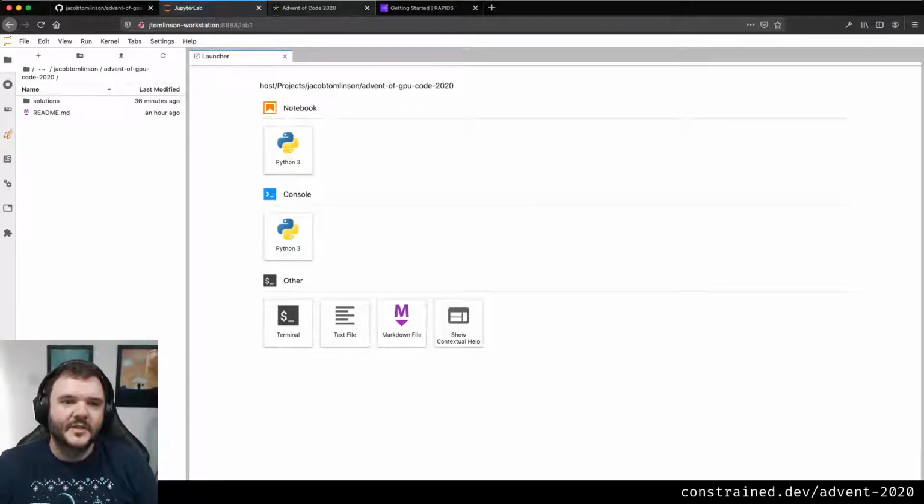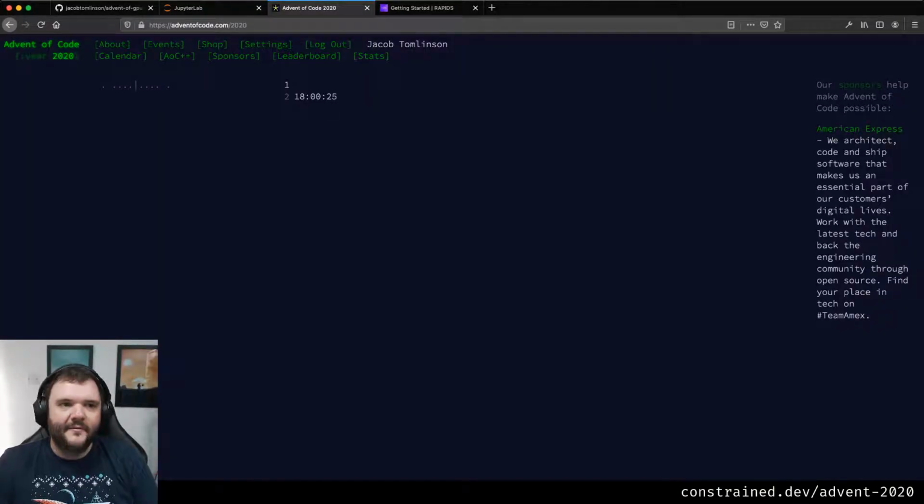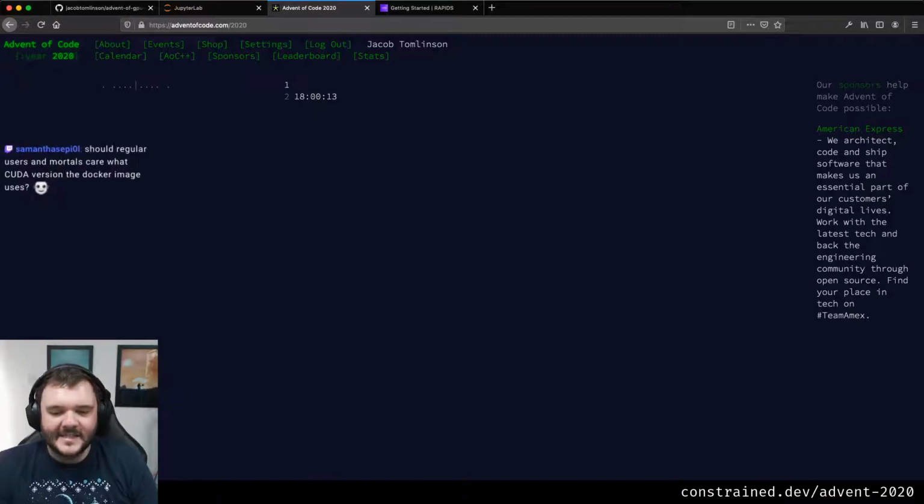So let's talk a little bit about Advent of Code. Advent of Code is a nice challenge that goes up every December, where they have a problem every day up until Christmas, and each problem is, I think, based on a reasonably classic computer science problem. I don't have a computer science degree or anything, but I quite enjoy these kinds of challenges. I'm a professional software developer. I like working through these things, so it's nice to have a look through.